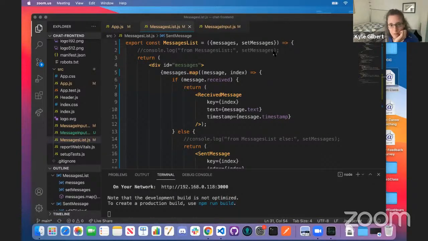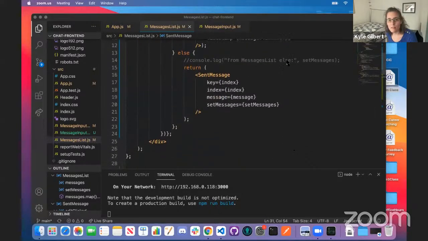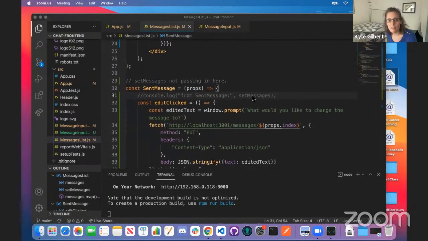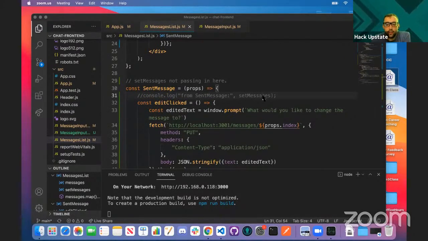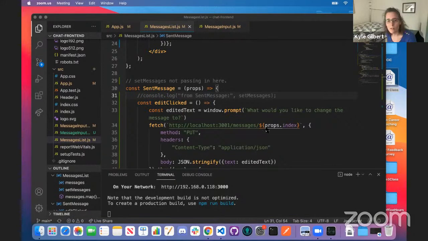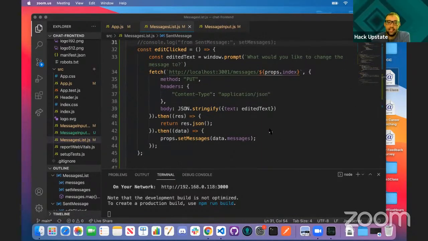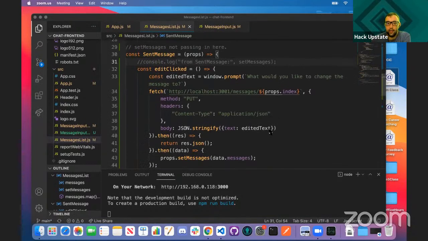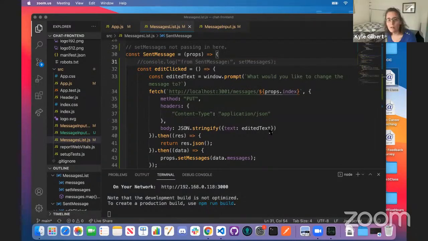So I've been console logging it in various places, and it's coming in here, and it's coming in there, and it's not coming in here. I get an error. Because you need your props.set message there. Oh, okay. Because it doesn't know, it's like set messages, where is set messages coming in from? And it is coming in from your props object on line 30. Right. Okay, so I need that there, but the problem is it wasn't working here. So I guess I could try doing props that sent messages there too, and then,